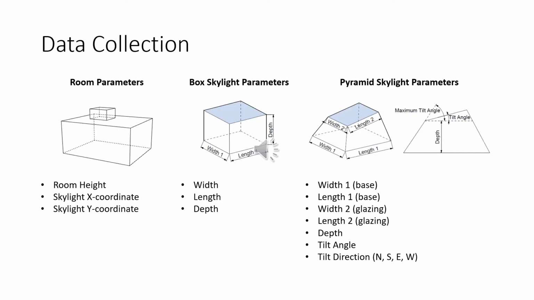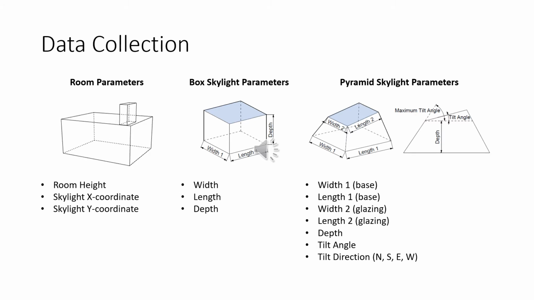In the first phase of the study, we produced sets of daylighting data to test our machine learning algorithms on. To produce daylight datasets, we ran a series of parametric daylighting simulations using the Diva plugin for Grasshopper. Each study used the same 8 meter by 10 meter room with a single overhead skylight. For each run, the height of the room and the location of the skylight were varied using a pseudo-random number